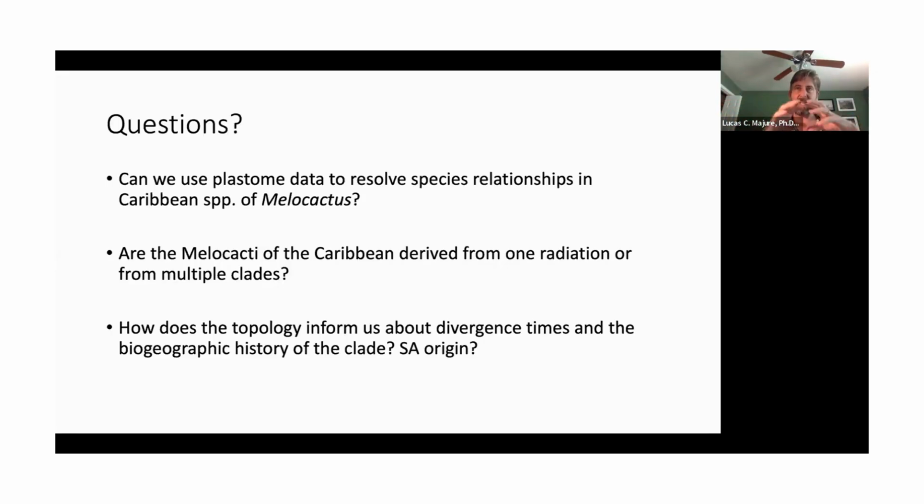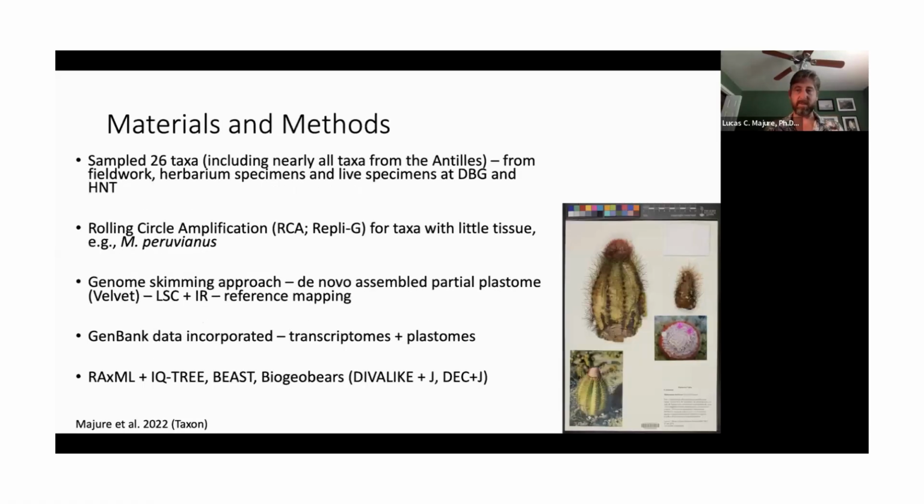And for the Melocacti, if you look at them morphologically, you can see there are iterations on a common theme for some of those, but then you have something like matanzanus, and then the curvaspinus group, you go, probably they made it to the Antilles multiple times, right? So that was our hypothesis. And we also wanted to know, how can this phylogenetic tree inform us about the overall ages of this group, and then the overall biogeographic history. We presume that this group would have a South American origin based on the broad distribution and a lot of the diversity in Eastern Brazil, but these were all things that we wanted to try to figure out.